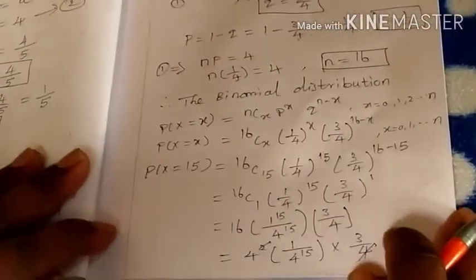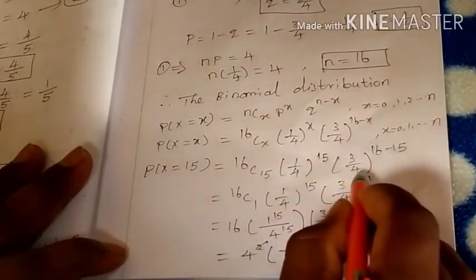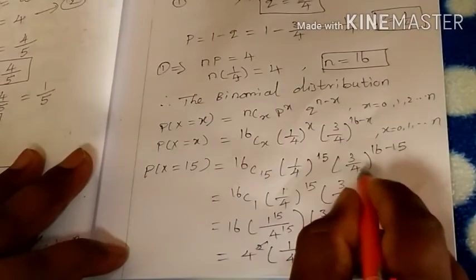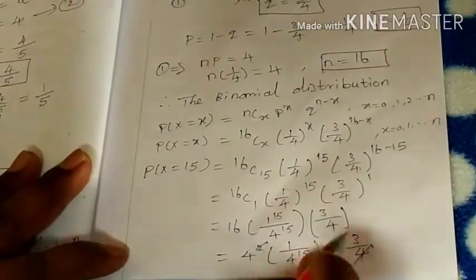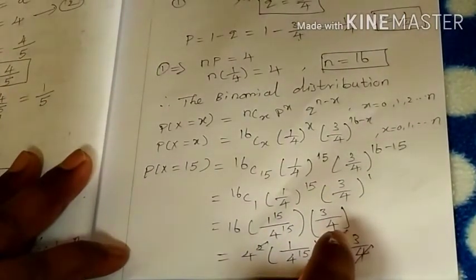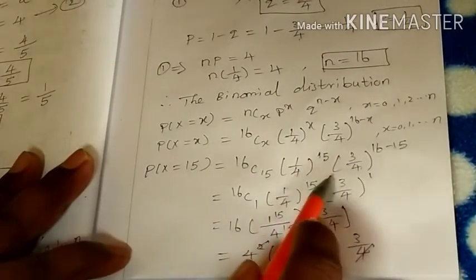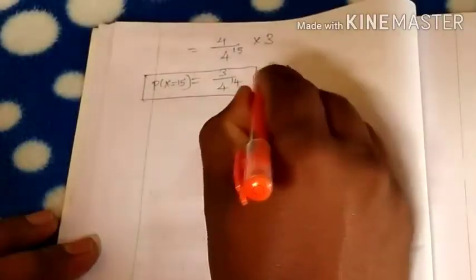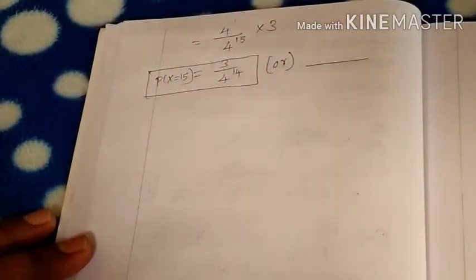Otherwise, you can make a decimal answer: find out the decimal of 1 by 4 power 15 and of 3 by 4, then we get the final answer also in decimal. This is your homework type. Okay, so now I have given only the book-back answer type, so 3 divided by 4 power 14 is the book-back answer type. Suppose you are able to find that decimal value, the value is also equivalent to the book-back answer. Okay, the decimal value is your homework. Okay, that's all for the 17th question.